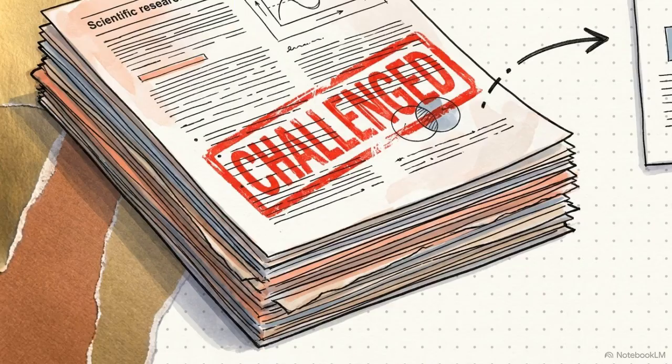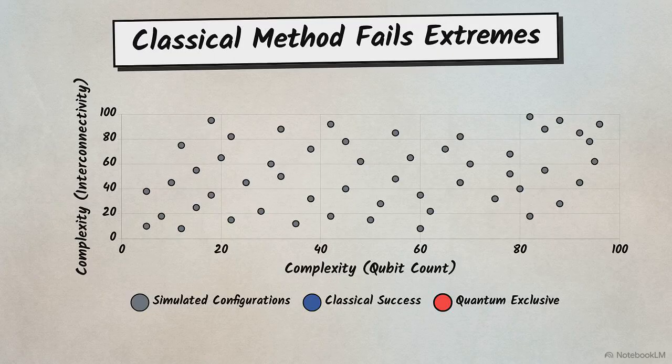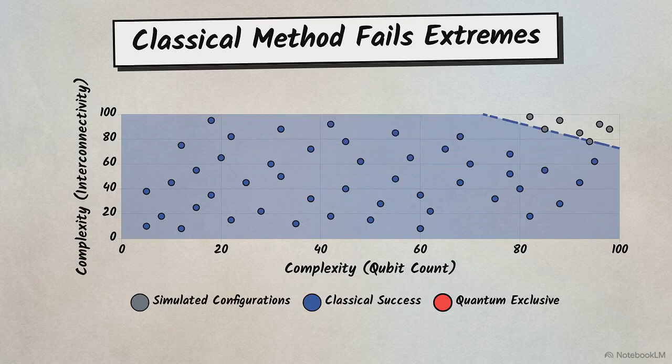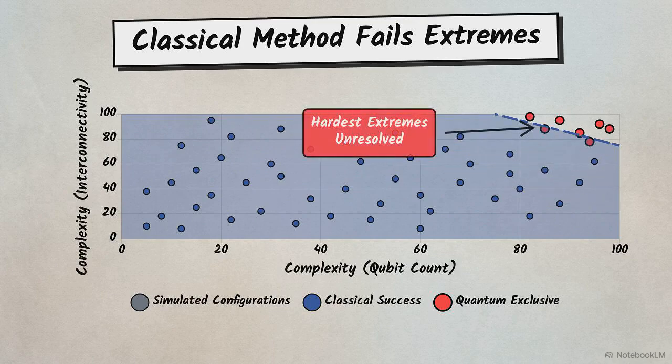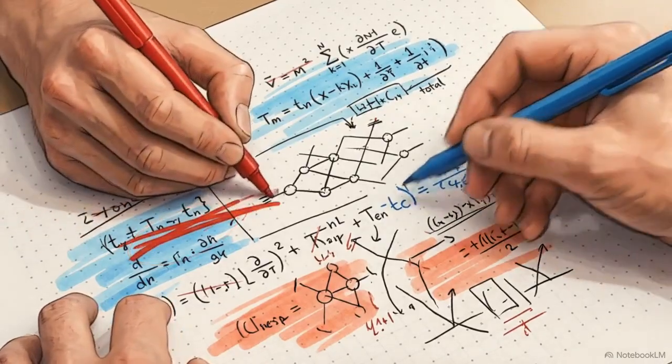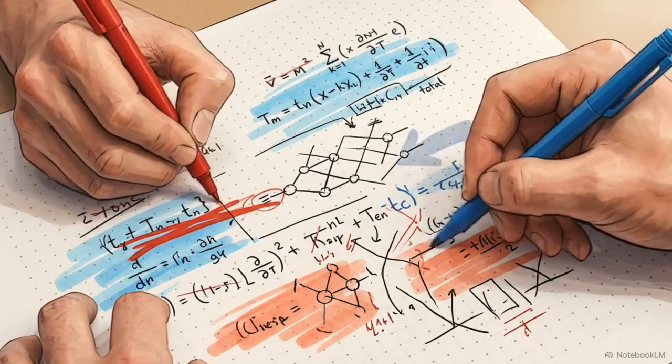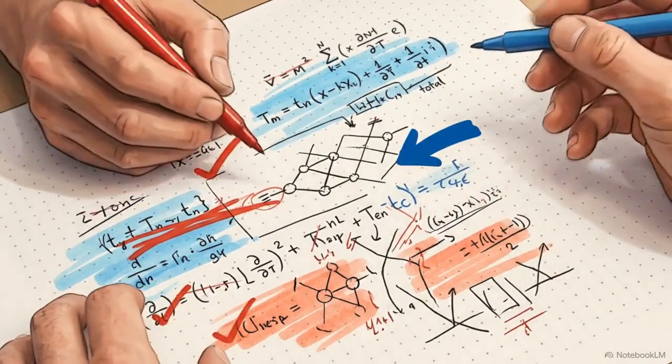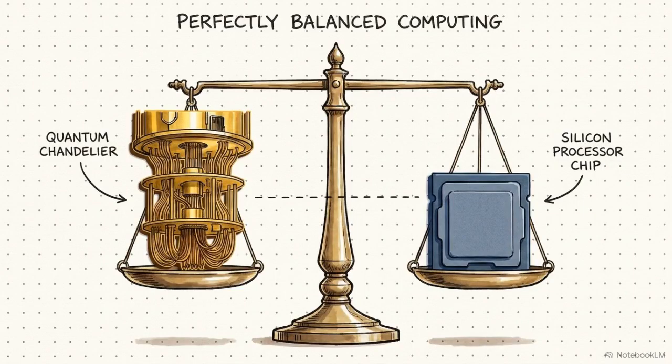The researchers behind the original D-Wave work pushed back. They reviewed the tensor network simulations and argued that the new mathematical approach did not successfully replicate the absolute hardest extremes of their original experiment. This means the case is far from closed. We are watching an active, real-time scientific debate where one team sets a benchmark and another team immediately challenges it. So who do you think holds the advantage right now?